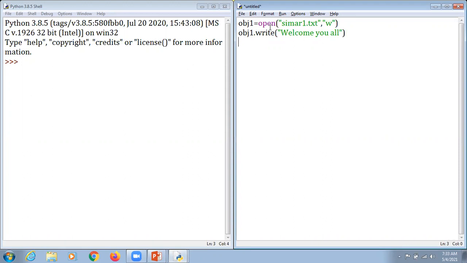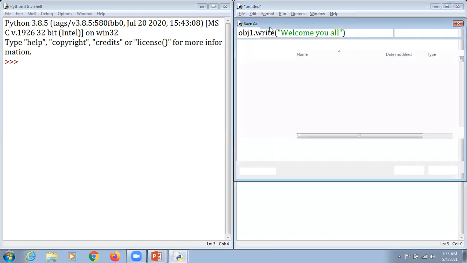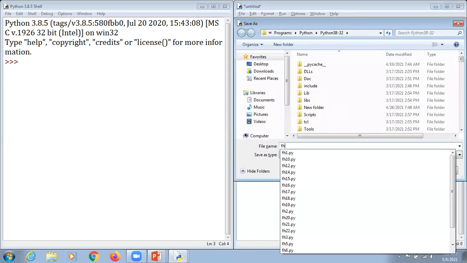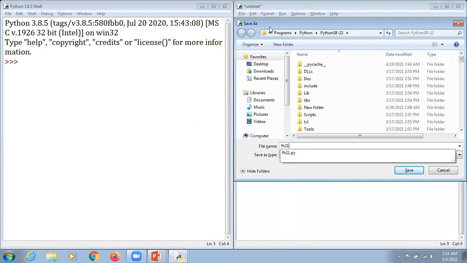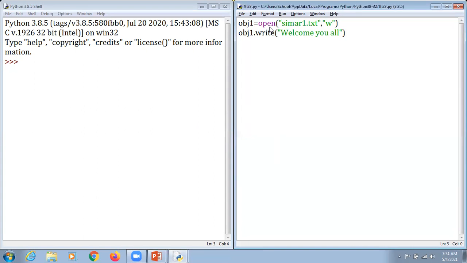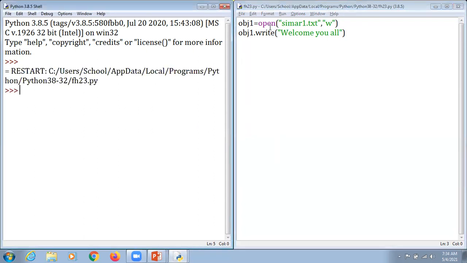And what we do, we press F5 here and hit the enter key. In that, we mention FH, and I'm going to mention 22, 23. Okay, I'm going to hit the enter key. In these two lines, no error will be there. Why so? Because they display the content, and here no error is displayed.